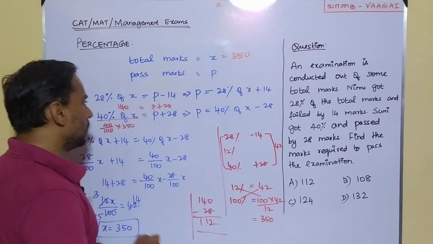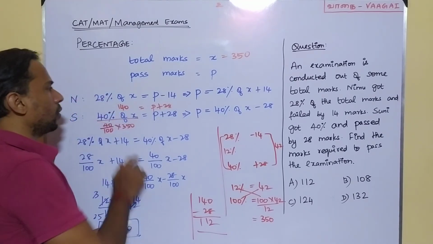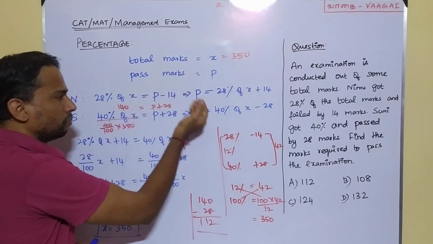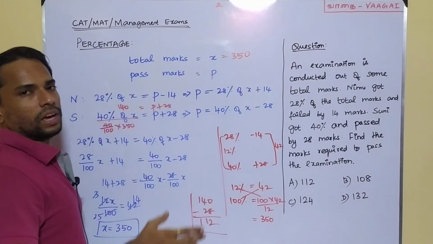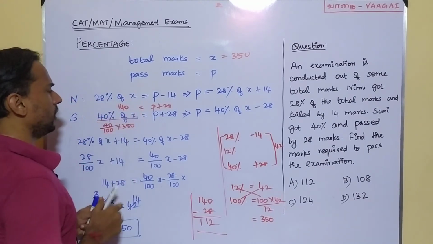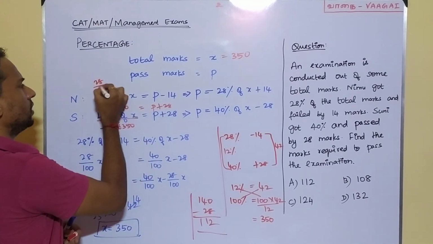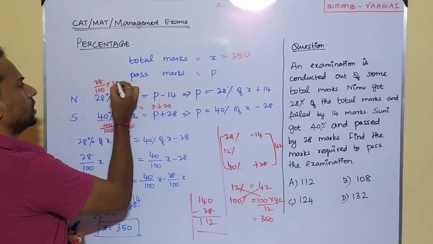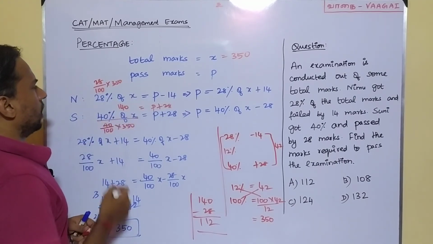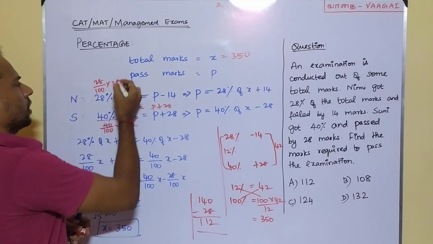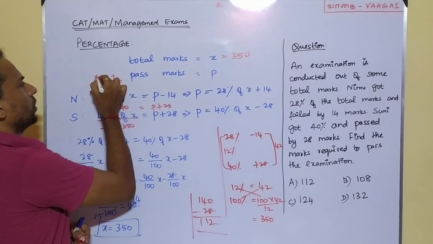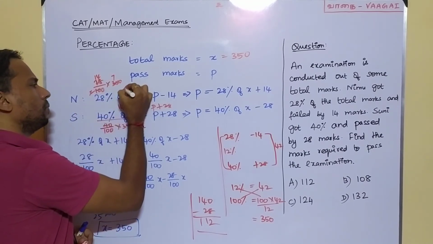And if you want it through the first student, you can even do it. You can do 28% of this 350 and from there also you can find it. If you want, I can even show you that. So just find 28% of 350. It will be nothing but 28 by 100 into 350. Is it or not? I can cancel this. This will be 7 by 2, and this will be 14 10. So 14 7s are 98.